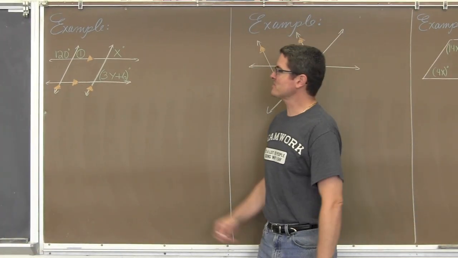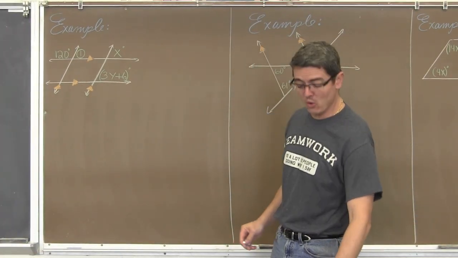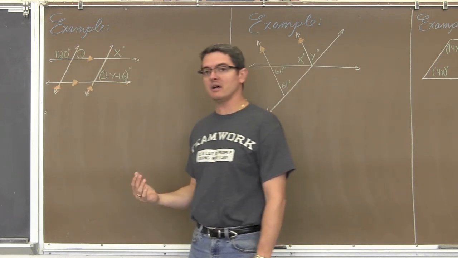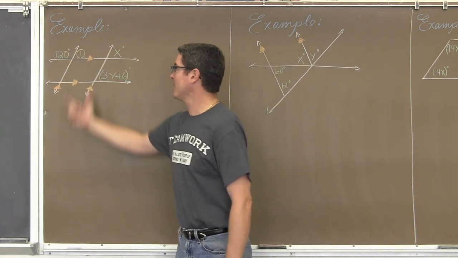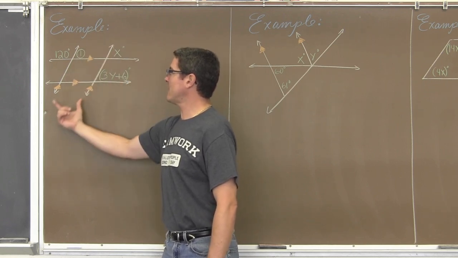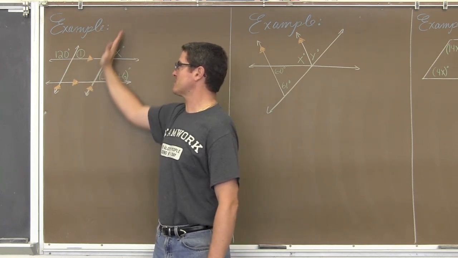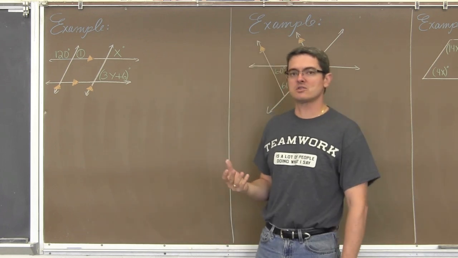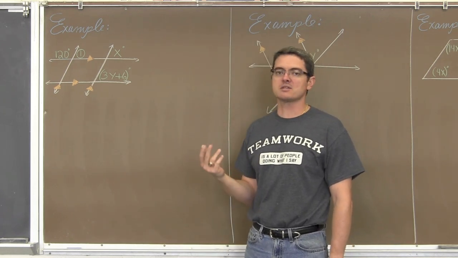First 2 examples. Here we've got actually 4 parallel lines. We've got 2 parallel lines going horizontally, as best as I could draw it, and we have 2 parallel lines kind of going off at an oblique angle, a slant angle here. And we're going to need to find, in this question, we want to solve for both x and y.